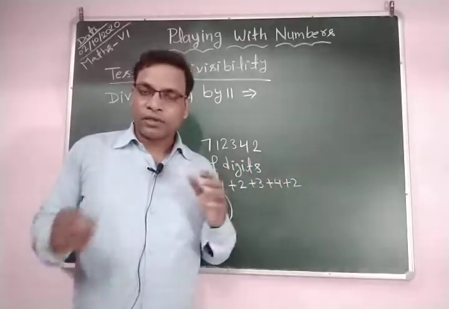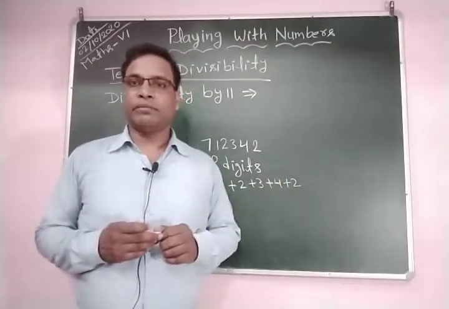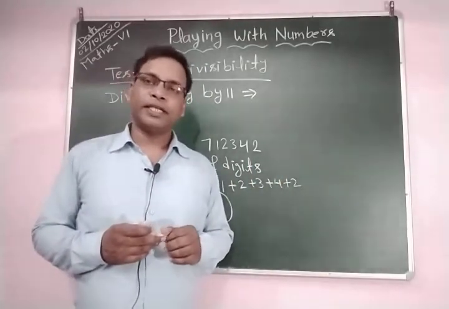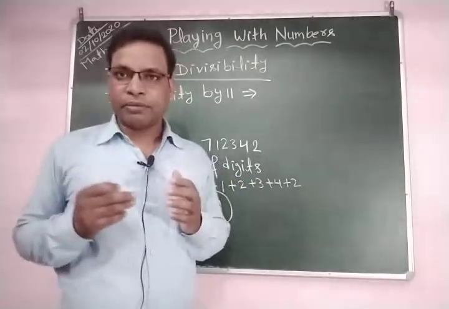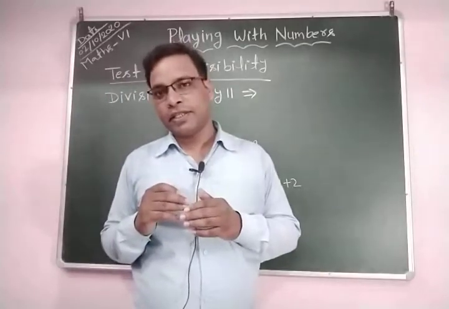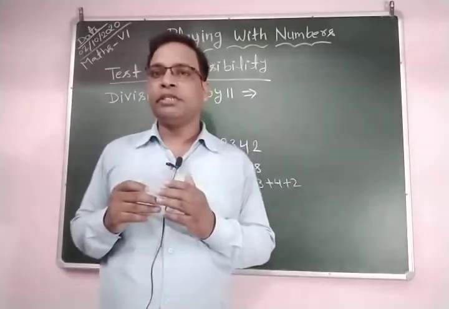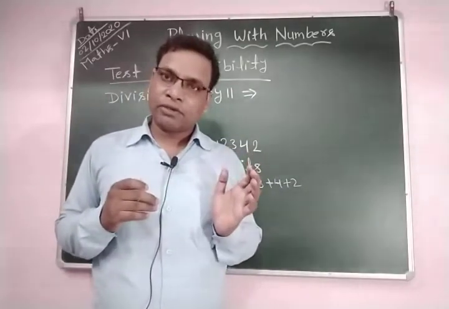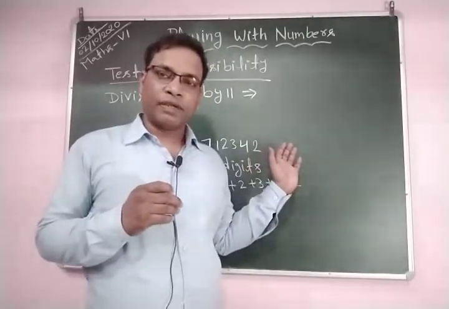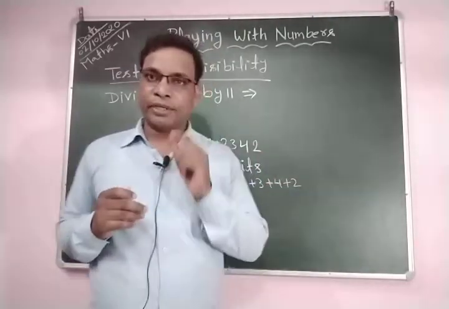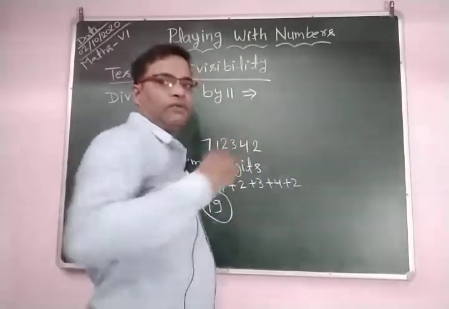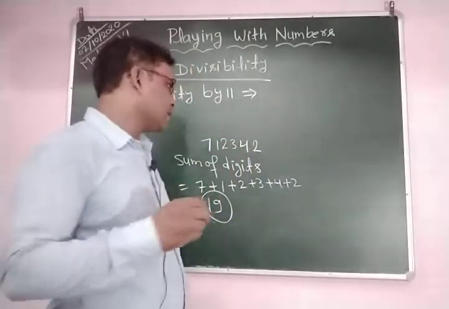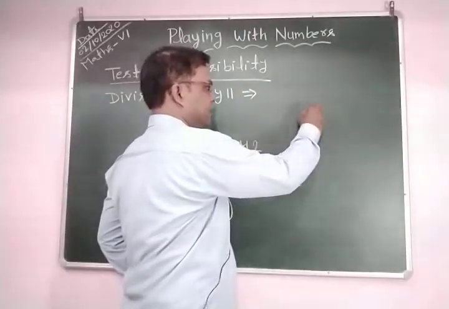So we are going to verify it by actual division methods. We check that if the sum of digits of the number is divisible by 3, then that number is divisible by 3. If the sum of digits of the number is not divisible by 3, then that number is not divisible by 3. So we use the actual division method to verify it. So let's see here. I hope all of you know how to divide. So here we write this number